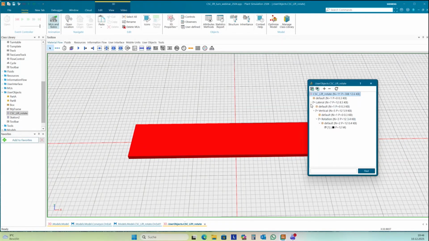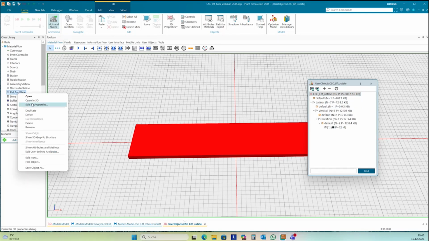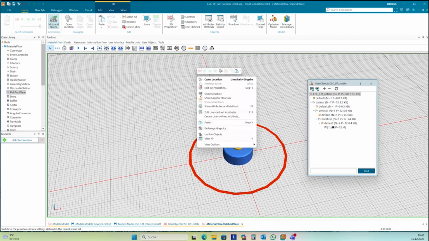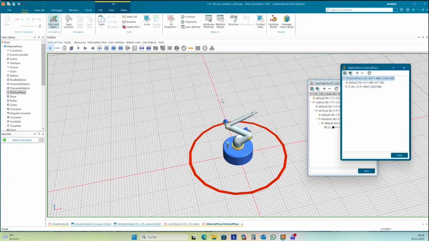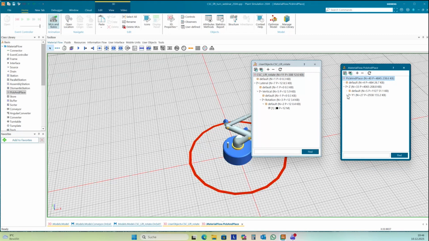If you get, for instance, a JT from a producer, then this structure is flat. It's all on the same level here. And if you go to the pick and place robot here, I open it in 3D and see the graphic structure. It looks quite the same here. You have the graphic structure as a hierarchy here.